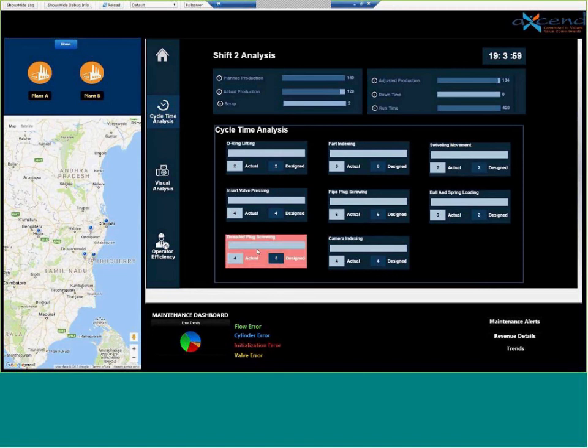When you see a flight recorder, there is a black box which gives you the information about what exactly happened. So this is validated, recorded, and real-time data that you can present to the end customer, saying that because of this, your productivity is coming down, and by making these changes, you will be able to increase it. That's the value a machine builder can bring to the end customer,